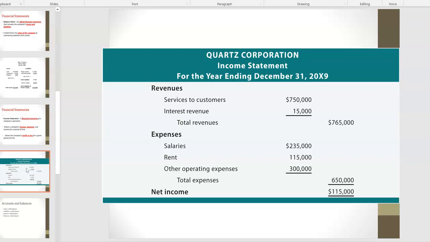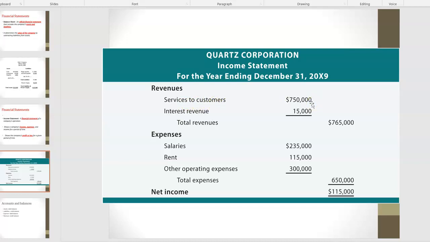So this is an example of an income statement for a company called Quartz Corporation. And this is for the entire year. We can fill in whatever year we want to. But for the year, this is what the company did financially. So they earned some money. They had revenue coming in from whatever services they were providing to the customers,